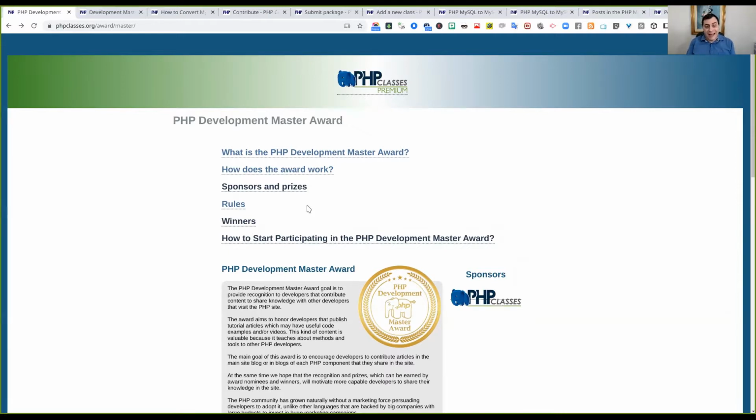Basically, it will allow you as a developer that writes PHP classes of objects and publishes them in the PHP Classes site to get more exposure, more recognition, eventually more feedback about those classes. And you also publish tutorial articles in a blog that is associated to each of the packages that you publish.